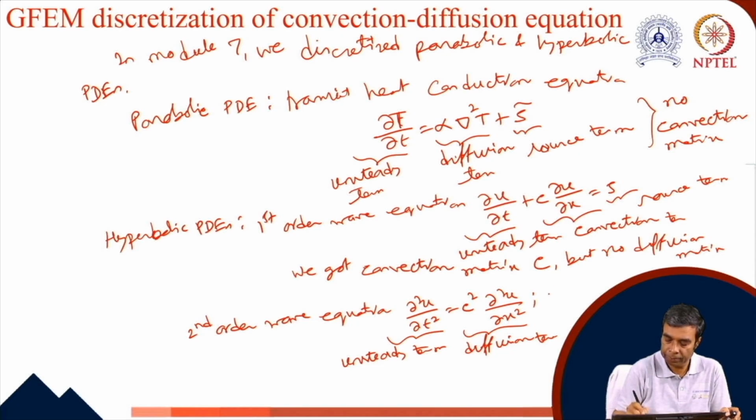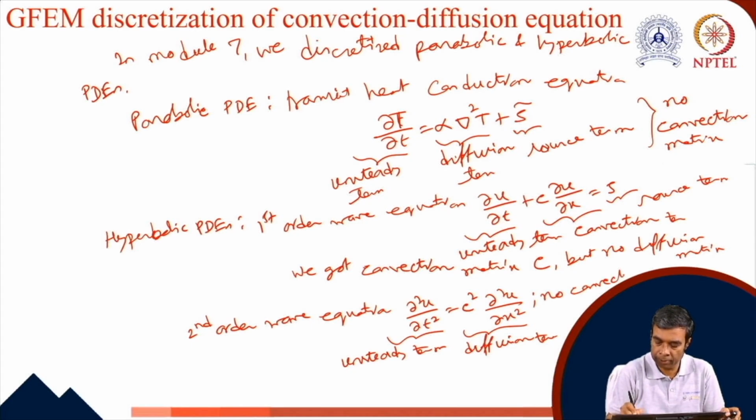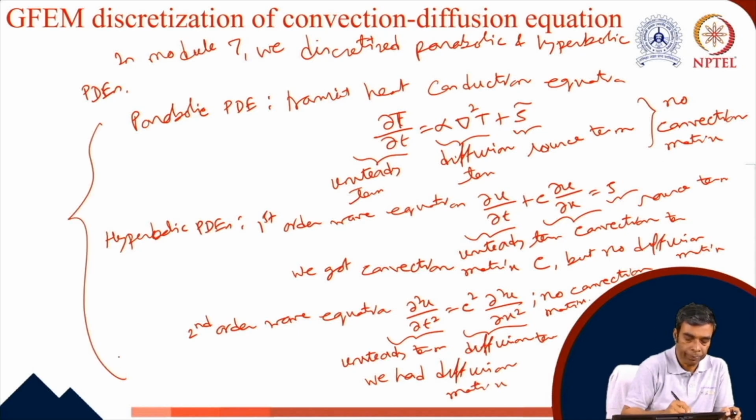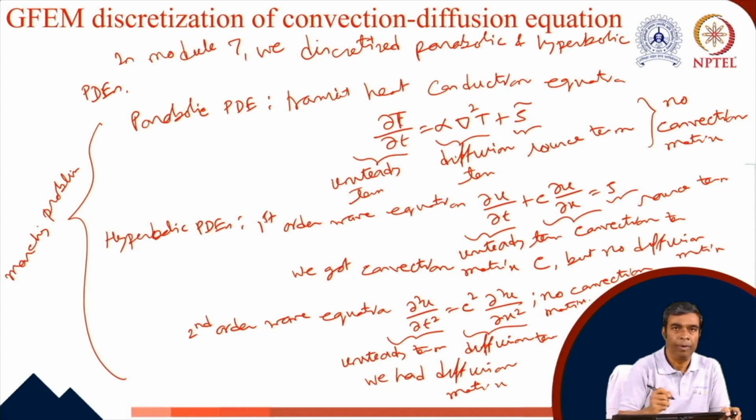So in this case, we had no convection matrix, but we had a diffusion matrix. So these are the three different types of marching problems that we have discussed in the 7th